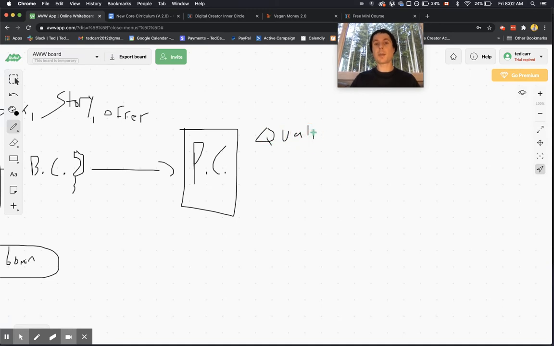And even before they get on the phone call, what I like to do is send people to an application form, which we call an app. So to fill out an application form. If they don't successfully make it through this application form, then I send them to another website where they can't actually book a call with me. They have to actually qualify to book a call with me.